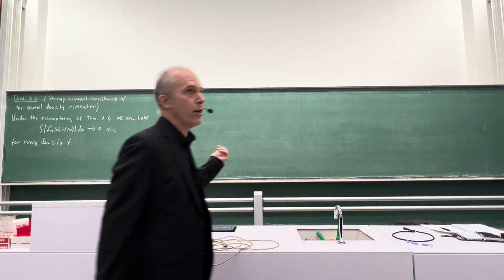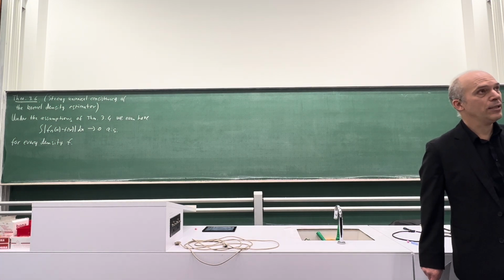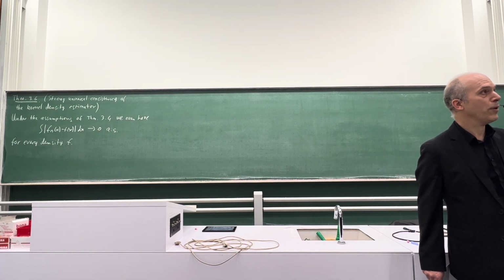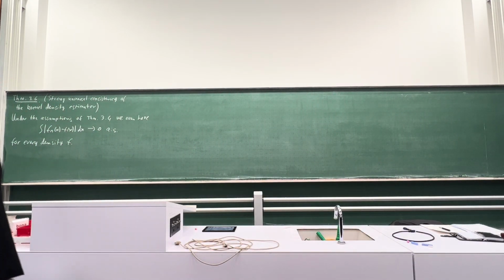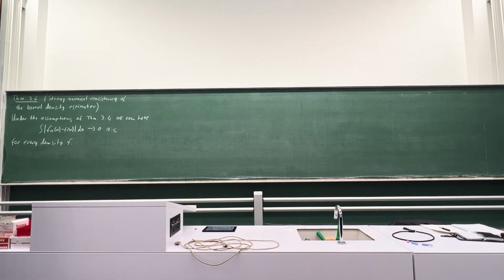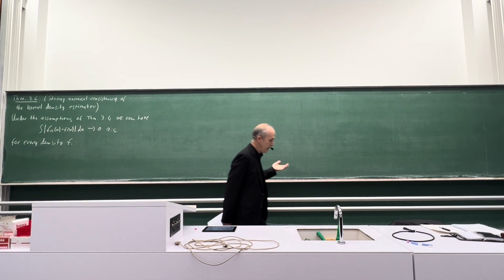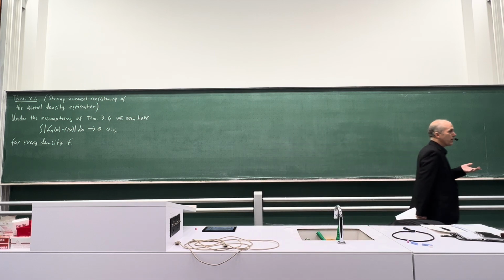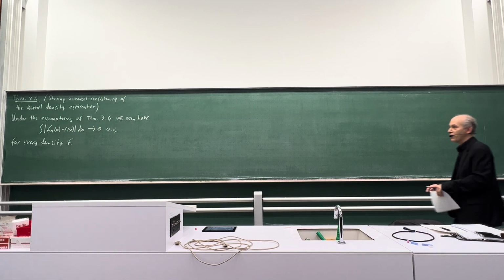But this is also true if we just have convergence in probability, because the convergence to 0 of the expectation is a convergence of a sequence of real numbers, and the convergence of a sequence of real numbers to 0 is equivalent to the statement that for every subsequence you have a sub-subsequence which converges to 0. Then you take an arbitrary subsequence of this original sequence. This subsequence converges, of course, also in probability to 0, because the original sequence converges to 0 in probability, and then for the subsequence there exists a sub-subsequence which converges almost surely. And then you can apply the dominated convergence theorem to this thing.